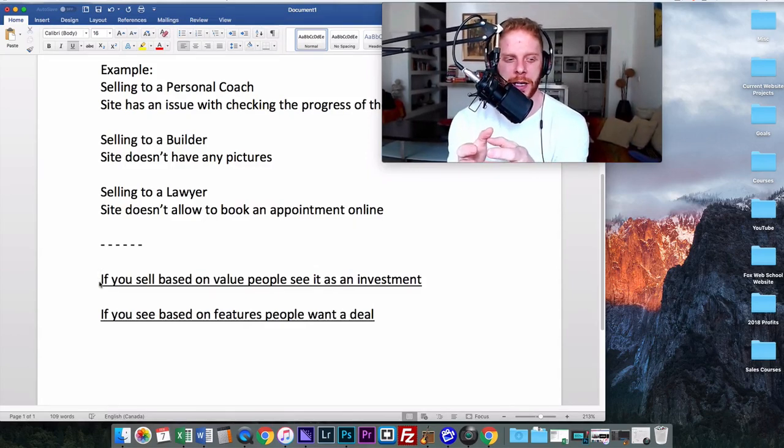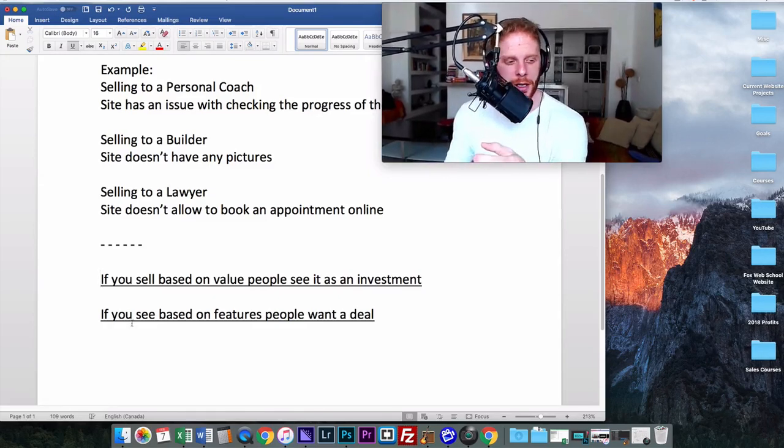All right, so to wrap this all up, when you base your sales pitch on value, people see it as an investment. If you're basing whatever it is that you sell on outcomes, on results, on that end goal of whatever people want, they're going to see whatever price you offer as an investment. So it could be expensive, and people still see that money as worthwhile because it's getting them closer to that place that they want to be.